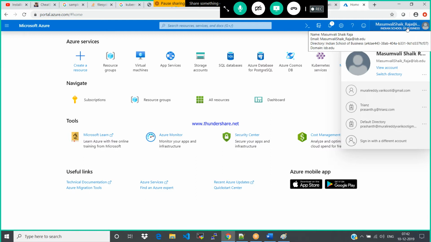If you go and check here, you can see the domain is isb.edu. This account has been created based on one particular organization. If you use Gmail or Outlook, Microsoft will by default create a Microsoft account. If you use an organization email, for example Ramesh@TCS.com,